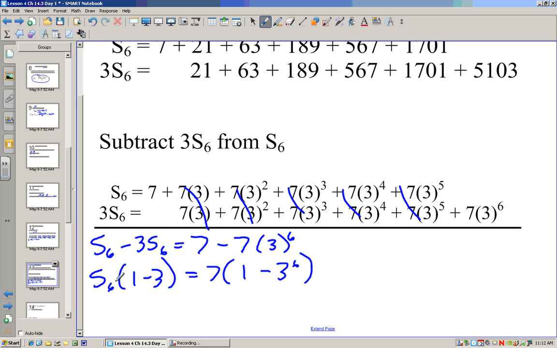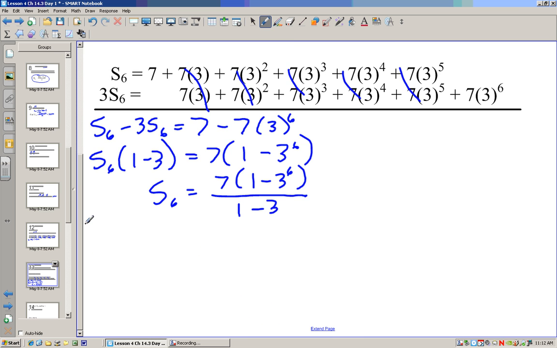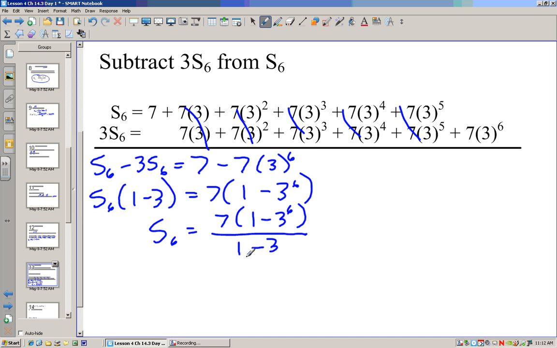Now we divide by 1 minus 3, and S of 6 equals 7 times 1 minus 3 to the 6th, all over 1 minus 3. Now, of course, we can simplify this 1 minus 3 on the bottom to be 2, but I'm going to keep it in this form so we can look and try to figure out how we can make a formula out of this. So if I would generalize this to S of n, 7 is my first term,